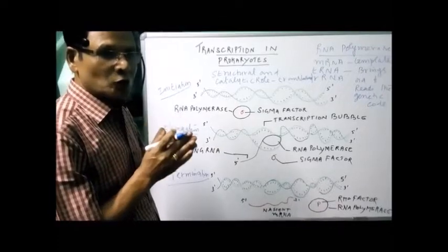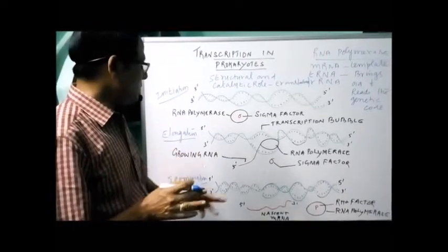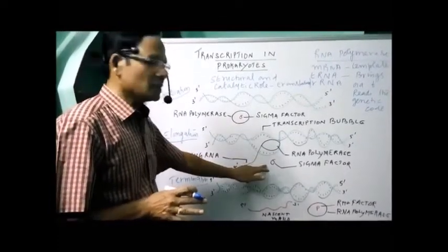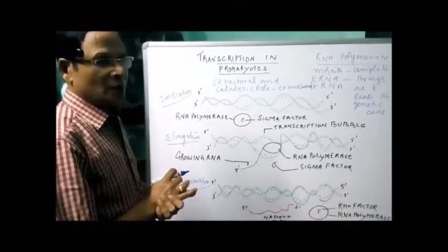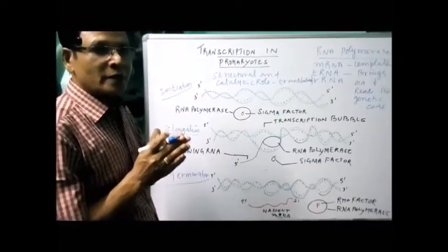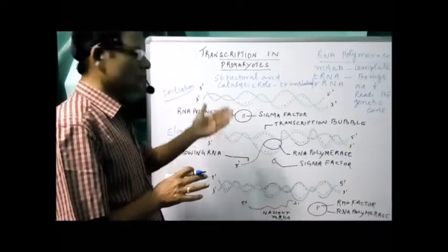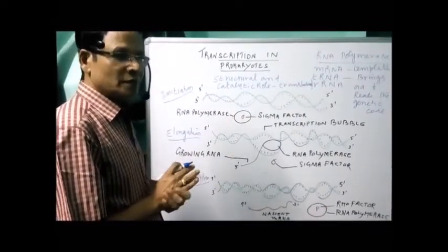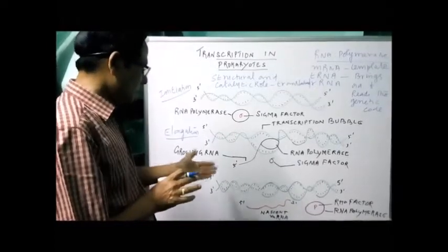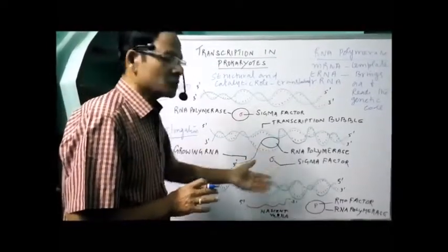Once transcription begins, the sigma factor is left in the promoter region. So, the RNA polymerase binding site is called the promoter. Now, the addition of nucleotides takes place one after another. When the RNA polymerase reaches the termination point,